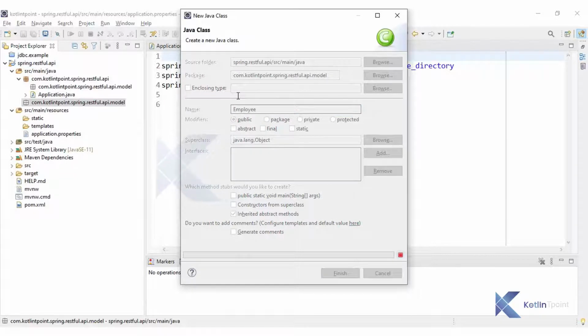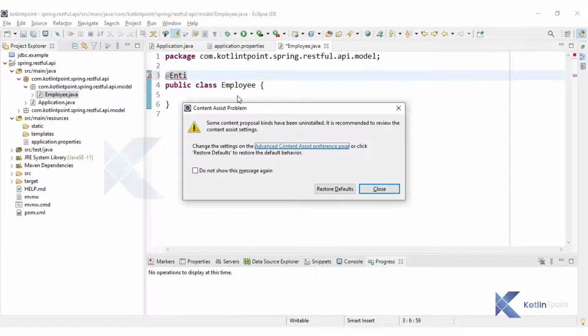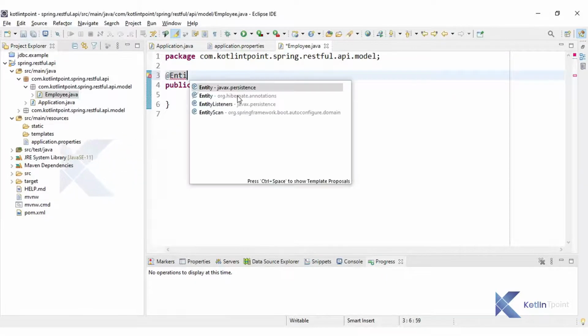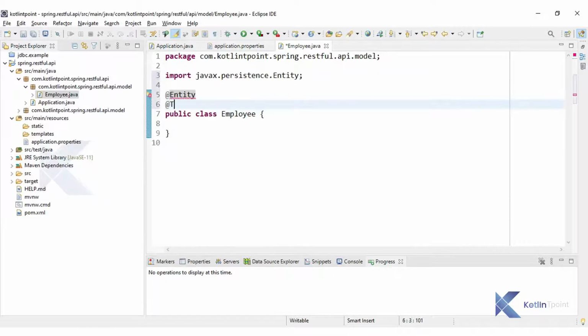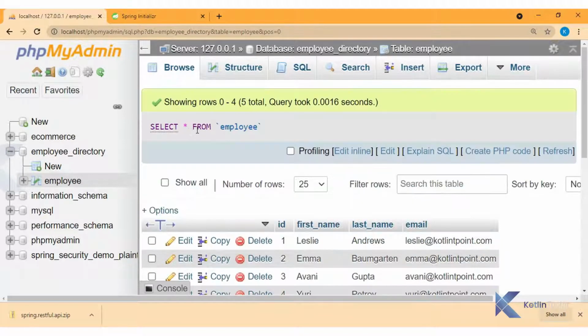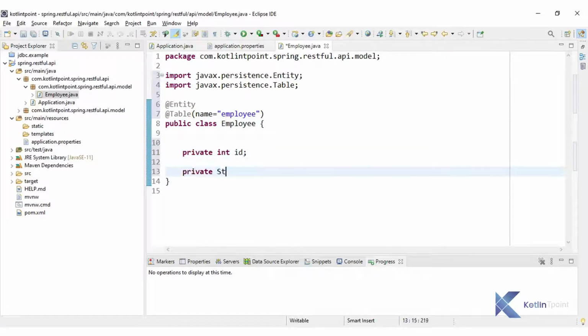First of all I will make this class an entity class, using Ctrl+Space and javax.persistence. Another annotation I will specify is the @Table annotation, and I will mention the name of the table as per my database. You can see my table name is employee, so accordingly I will specify the table name employee.